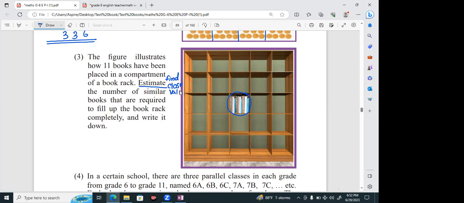Find the close value, that is the number of similar books that are required to fill up the book rack